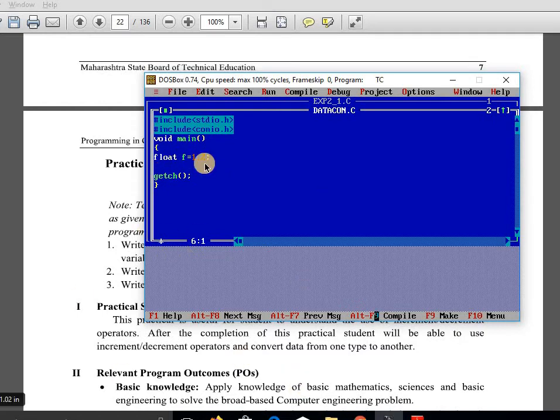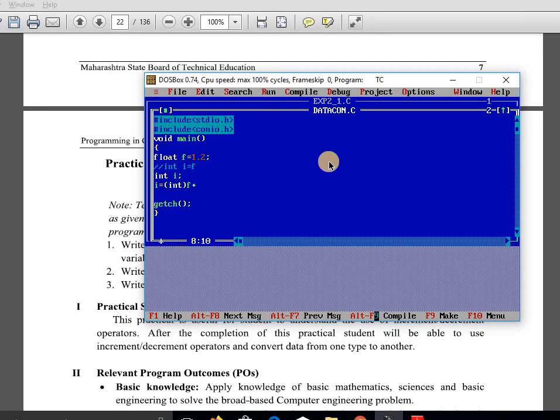So see here, first we have taken the float f equal to 1.2. Now we write integer i equal to f. Suppose if we write this statement, it will give one error. Why? Because this float is not directly converted into the integer format. So here we require integer i and i equal to int